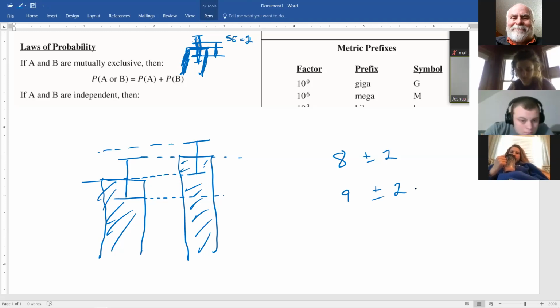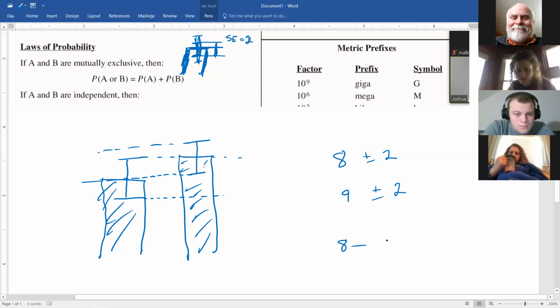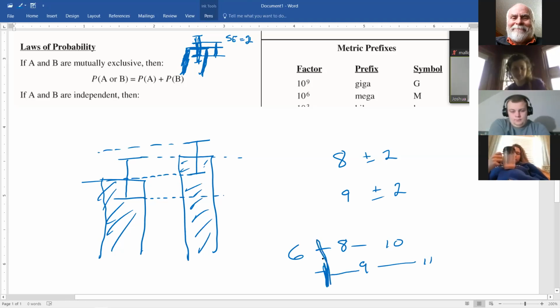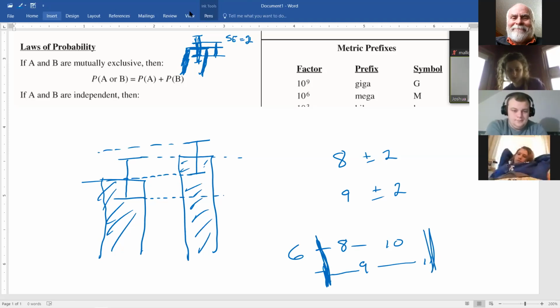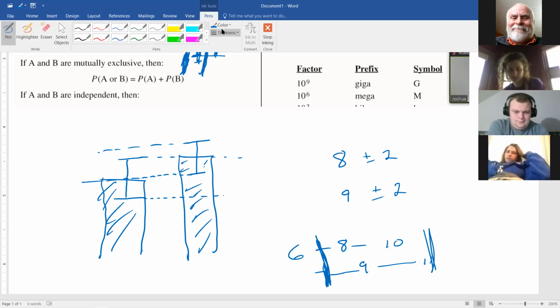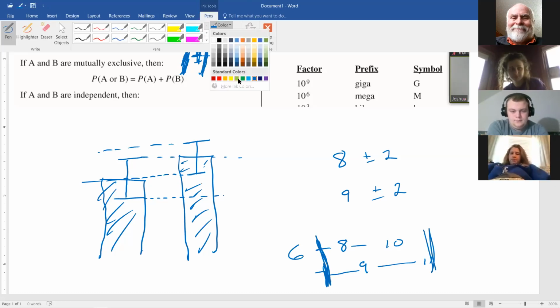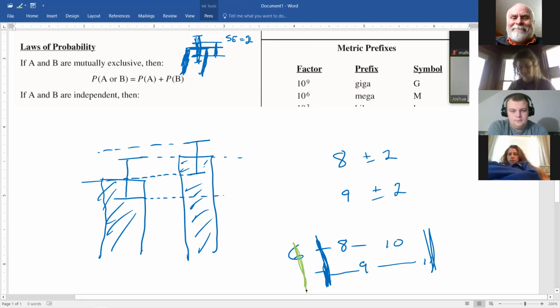Are those different values? 8 plus or minus 2, 9 plus or minus 2. 8 goes from 10 to 6, 9 goes from 11 to 7. If this can be anywhere in this range, and the 8 plus or minus 2 can be anywhere, I'll use a different color, anywhere in this range,